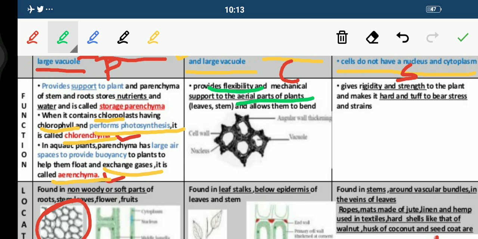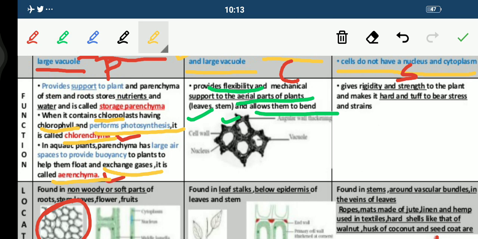And what are the aerial parts, students? Which is above the ground. For example, we have leaves, we have stems, right? And the most important characteristic, or I would say the function, is that this collenchyma tissue basically helps the plant to bend. So the easy bending, for example, you are having a rose plant, or any plant, and you are bending them. So that bending is basically done because of this collenchyma, right, students?